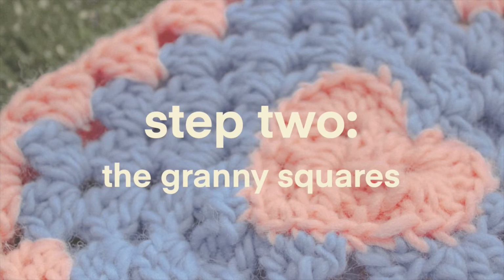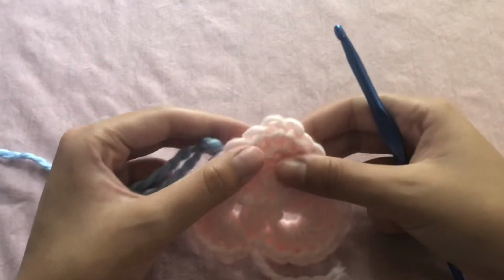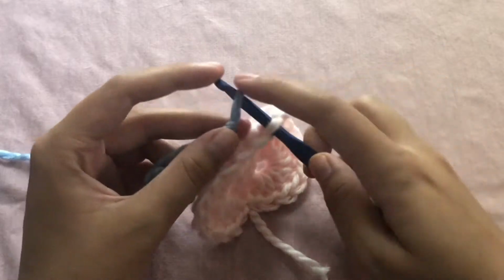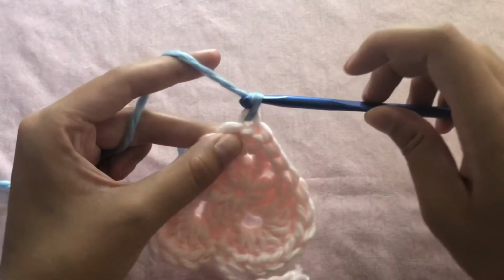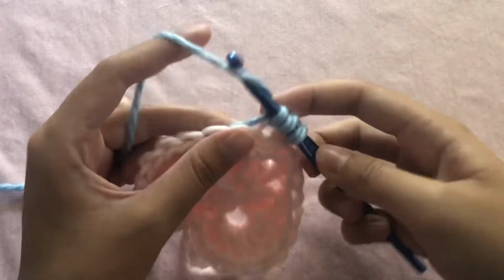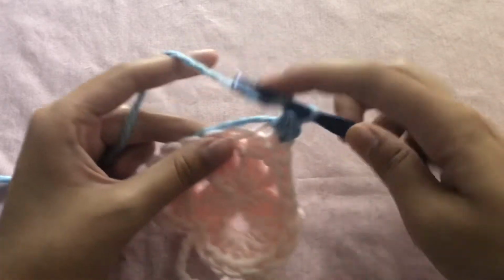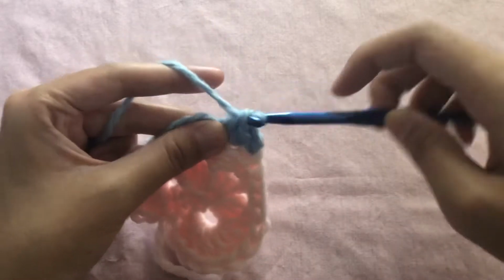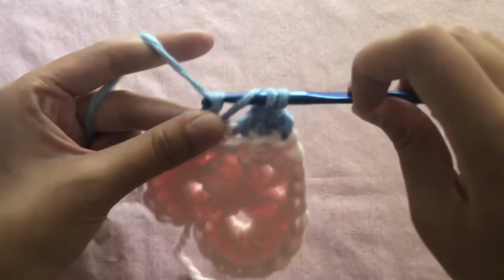The next step is to crochet the granny square around your heart. So take your contrasting yarn color and do a slip knot. Insert your hook into the bottom stitch of the heart and attach your yarn. Single crochet, working these stitches into the back loops only of the heart. Half double crochet, double crochet, triple crochet into the next back loop of the stitch,